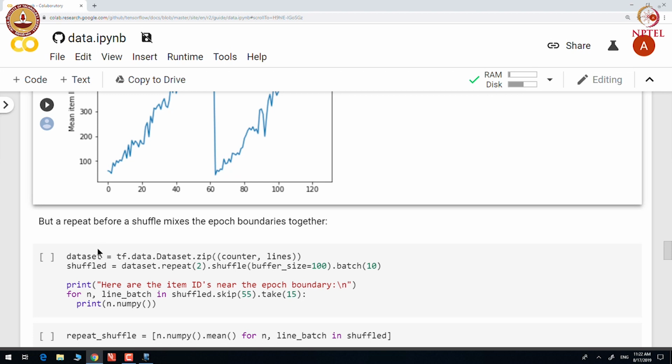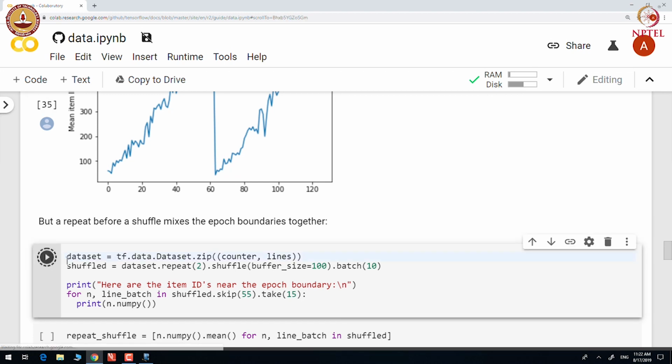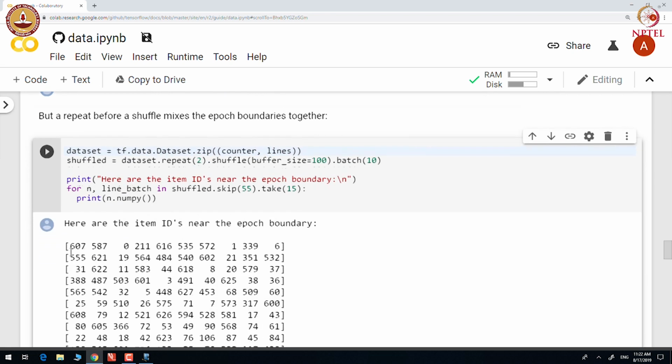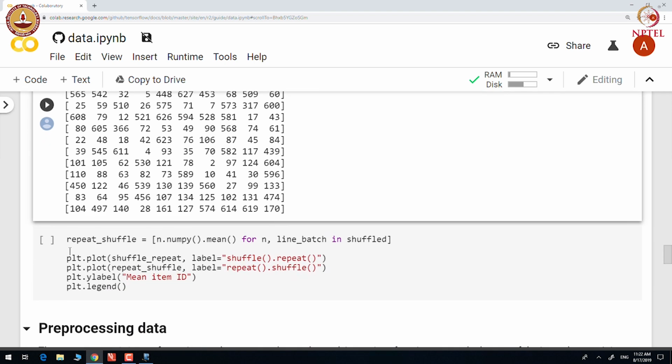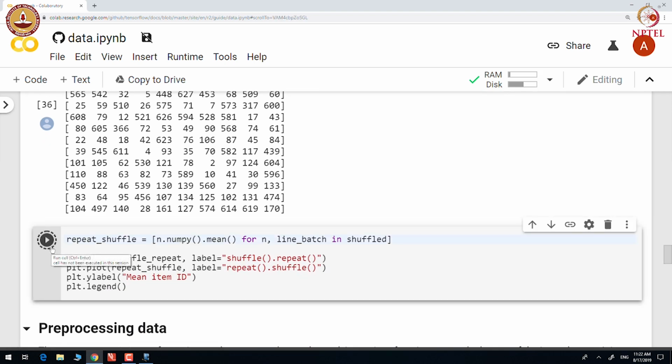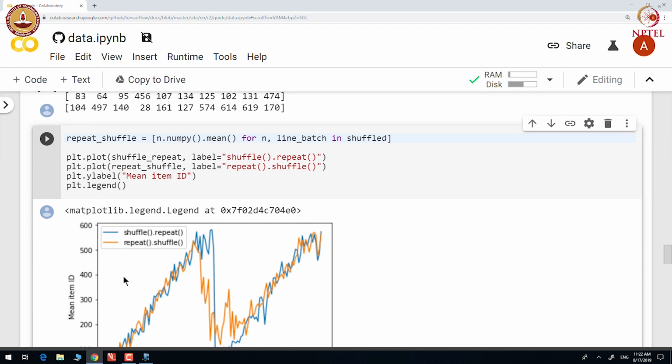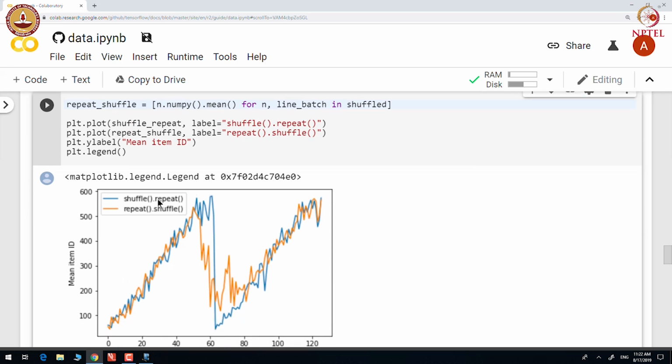Now, what we do is we put shuffle after repeat and see what happens. There the item ID is near the epoch boundaries, and if you plot two graphs where we compare shuffle before repeat and shuffle after repeat.